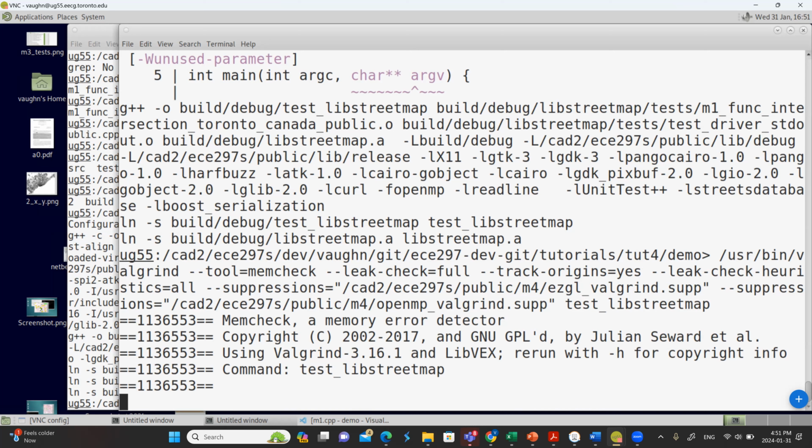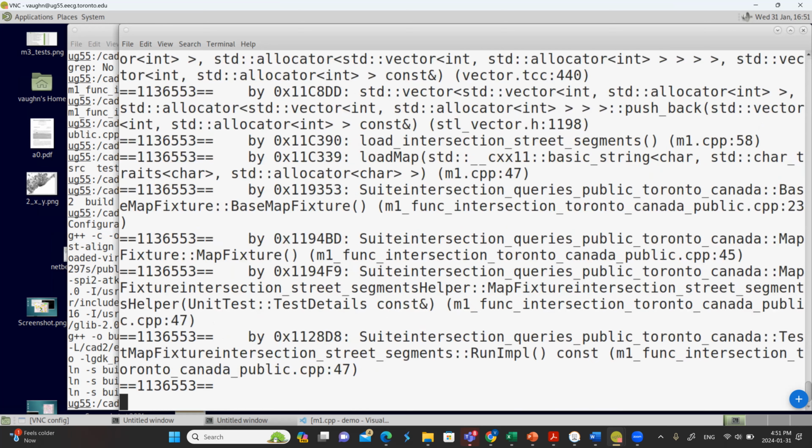Valgrind is also a little different. Debug check, as soon as it finds an error, it kills your program. Valgrind keeps going. So from Valgrind, you might get a lot of errors. You want to go back and probably look at the first one, right? You might have the same error repeated many, many times. That's okay. Don't get confused by that. Okay, so in a few minutes, Valgrind is going to finish running, and then we'll go look at its output to see if we can tell anything useful about it.